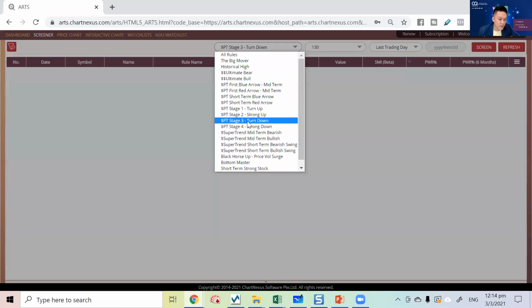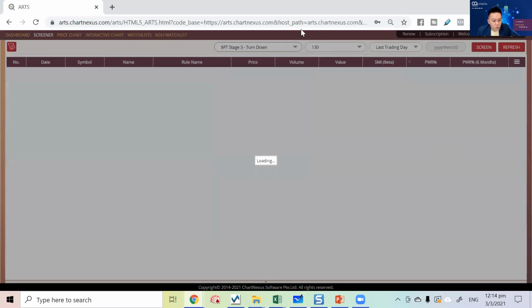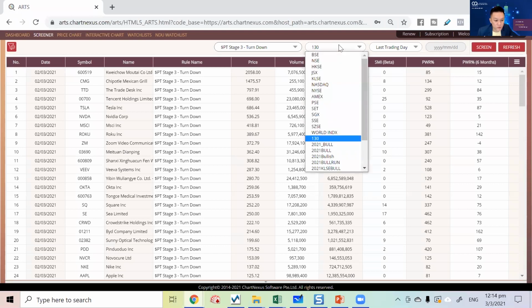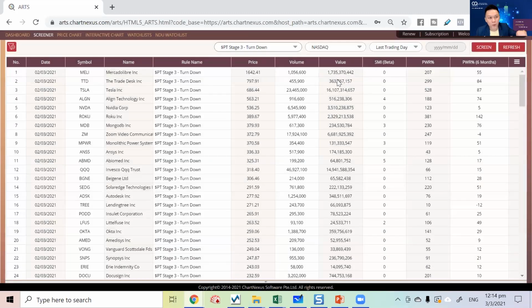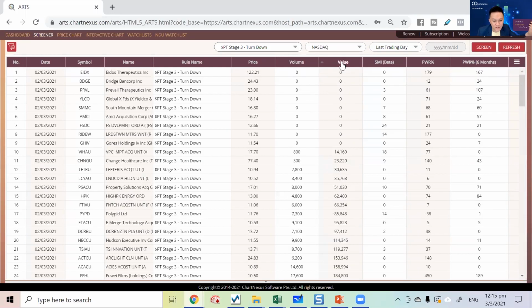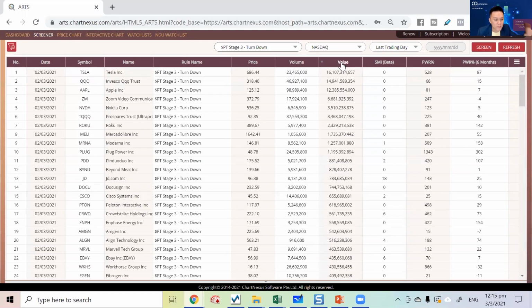Whenever a lot of stocks turn red, I have to be extra careful. Why? Because it is not that the company is not good, it is the market that is not good. So if the market is not good, no matter how good your company is, it's like the seed is very good, the fertilizer is very good, but the weather is not good. No matter how good your stocks are, if the market is not good, it's going to be hard to make money in the market.